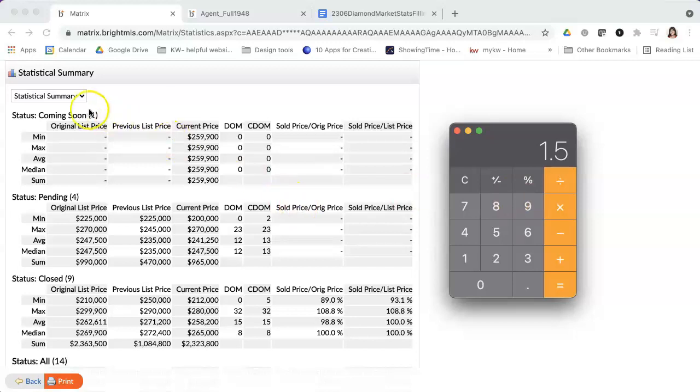Now we have 1 that's coming soon. So if we take the 1 that's coming soon divided by 1.5, that's less than 1 month to sell this property. So the hypothesis is that if no new homes were to come on the market after this 1 coming soon, how many months would it take for the market to absorb the current homes on the market? So if 1.5 homes sold per month in the past, the assumption is that this 1 home would sell within